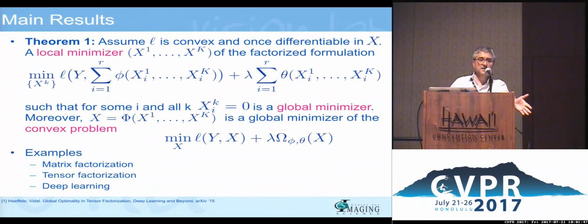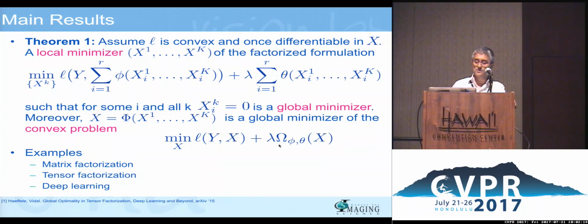And so this is now the main theorem stated with more proper notation. The training problem for a deep network is to minimize the loss between the labels and the output of the network plus lambda times some regularization on the weights. That problem is, quote unquote, because it's not, but it's equivalent to minimizing the loss between the labels and some output of the network with some regularizer on the output.